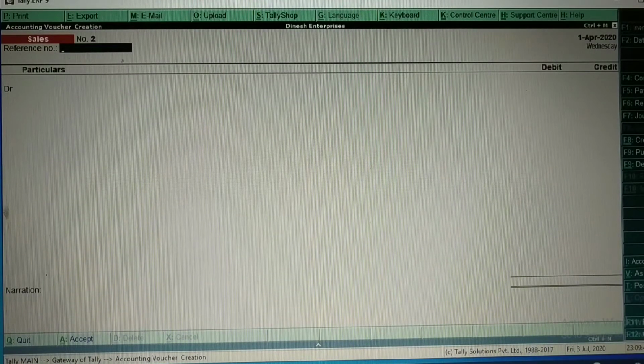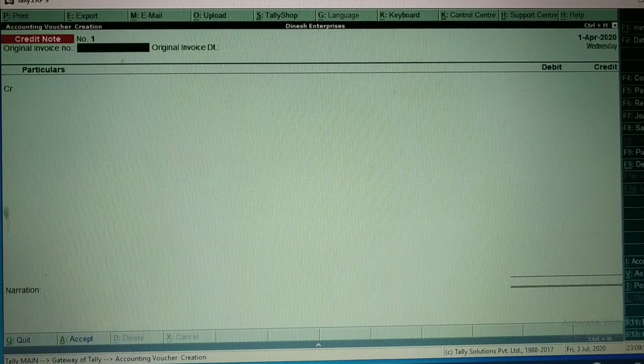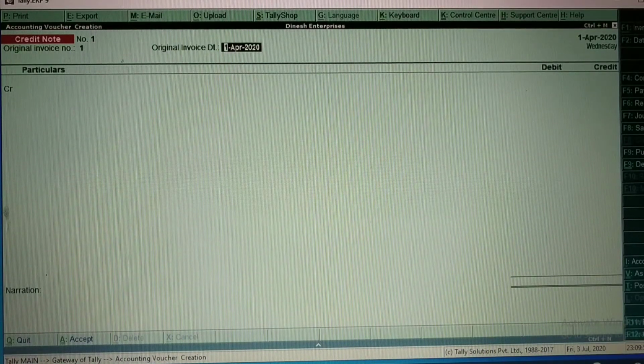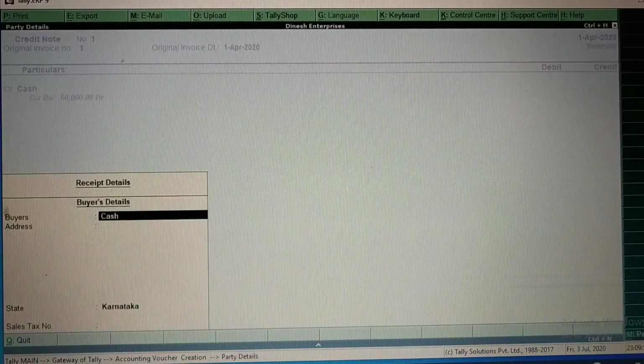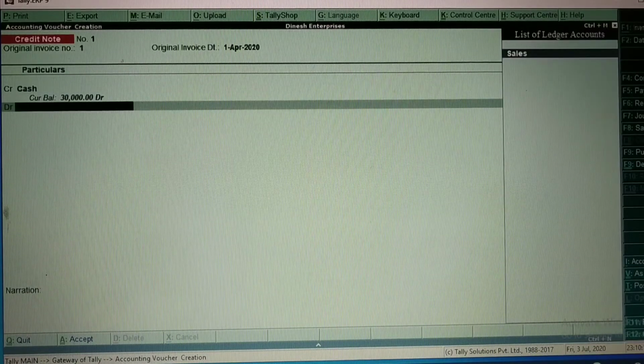If you want to use the credit note, press Alt F8 from your keyboard, then the credit note will be opened here. What was the invoice number? 1 was the invoice number. Press enter, and here you need to select cash, because you are making this transaction on cash. So I am going to select cash. How much cash are you going to receive? 20,000 back from the buyer.